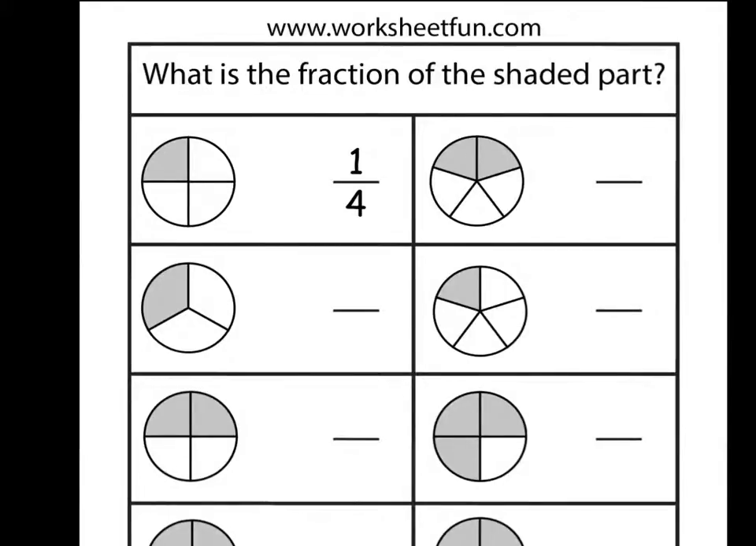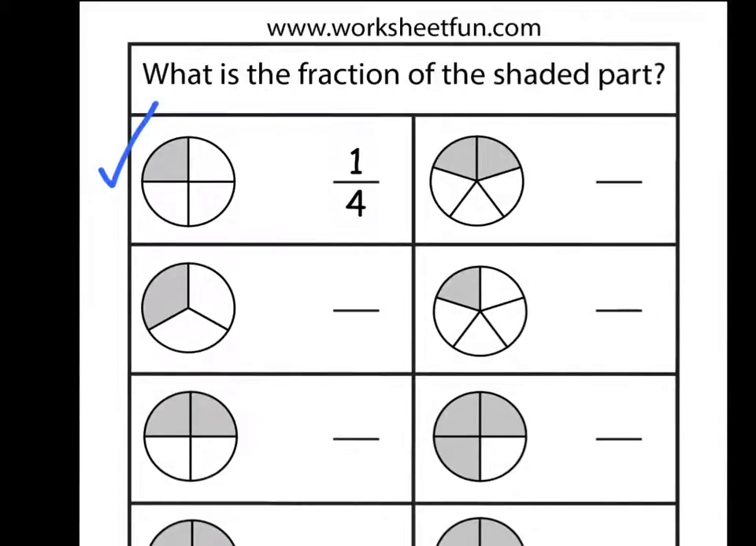Let's have a look now at some shapes. These happen to all be circles that are divided into equal parts. They are cut into equal parts, and one or more of the parts have been shaded or colored in gray. If we start up at the top with the one that has been already done for us, you can see